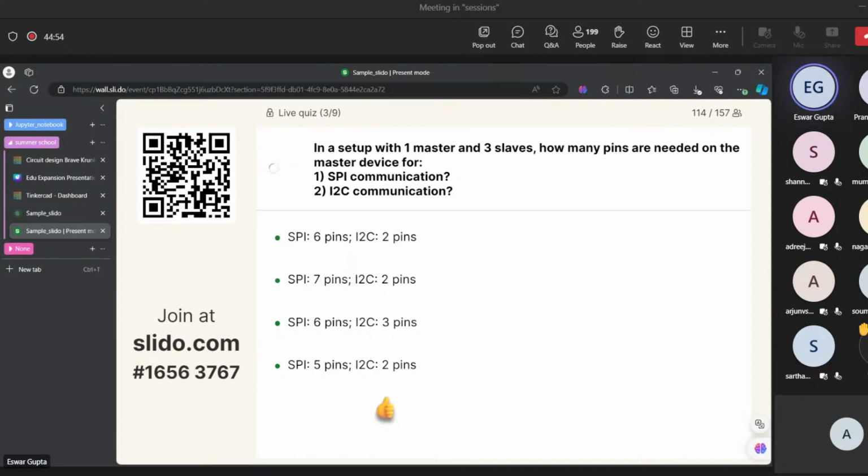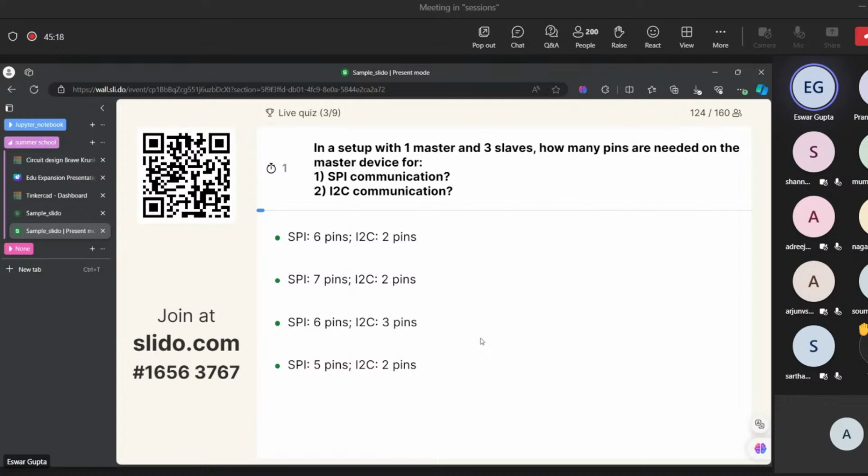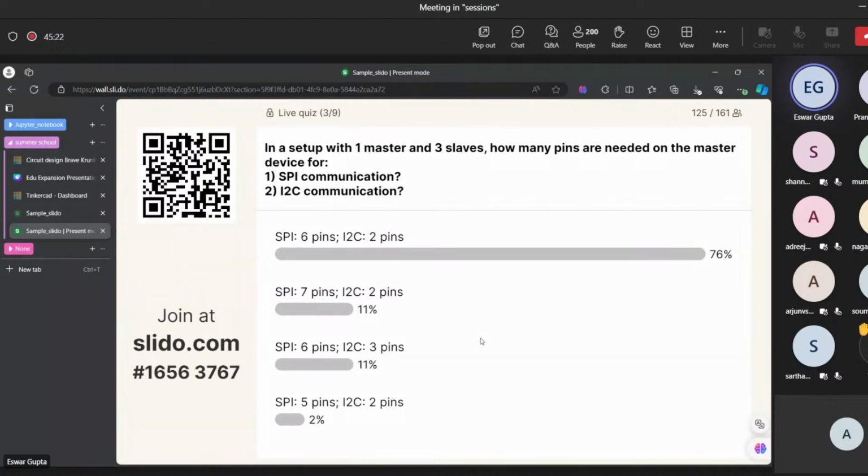Still some 40 people have not answered, so I'm giving some more time. Guys, I see an attendance of 193 people, but only 160 people are active on the poll. So please scan the poll and answer the question so that you will be engaged.